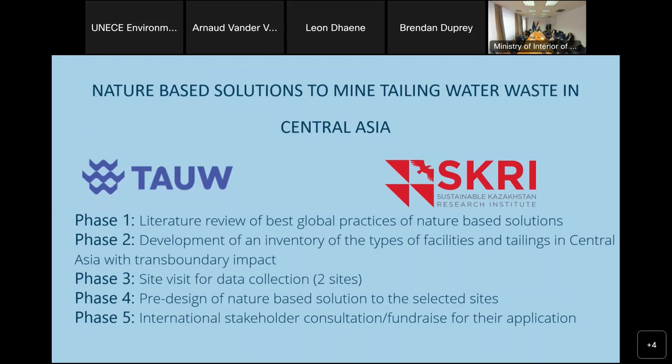So we're in a scientific research project now, which has 5 phases. First one is a literature review of best practices of nature-based solutions to water waste. So we went from air to water now. Develop an inventory of mines in Central Asia. There's already a good inventory that was done by the UNECE, and so we used that and we just scaled